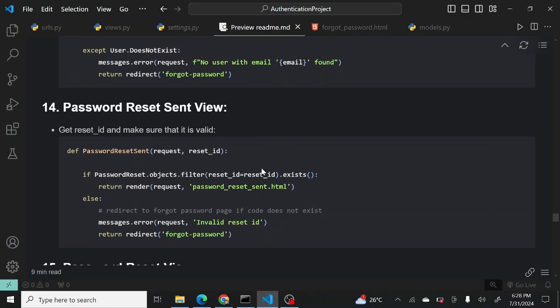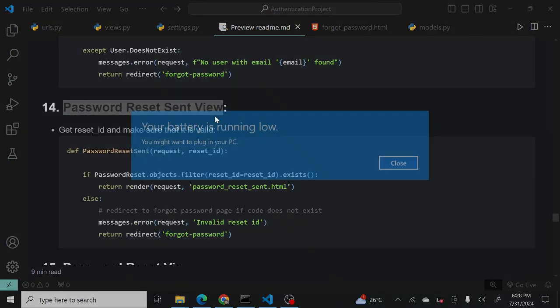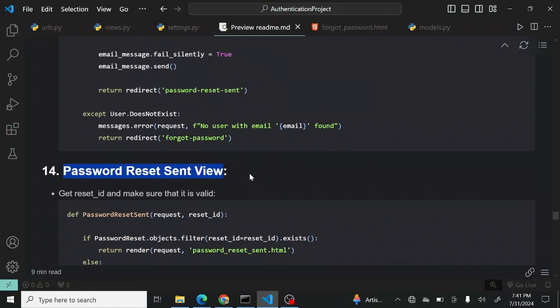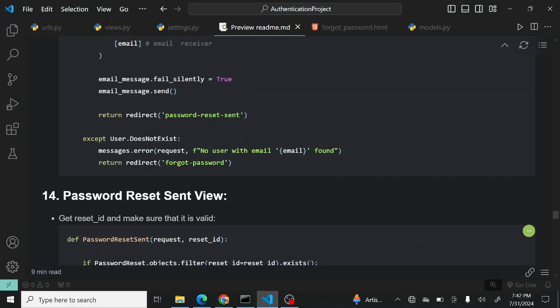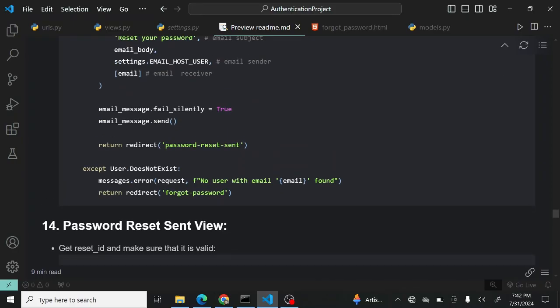Now, the next step is that we need to work on the password reset sent view. What this view is going to do is show the user, or tell the user, that the reset password instructions have been sent to their email. And that's why the view is called password reset sent. Before we actually work on it, we just need to make sure that we are redirecting to this view